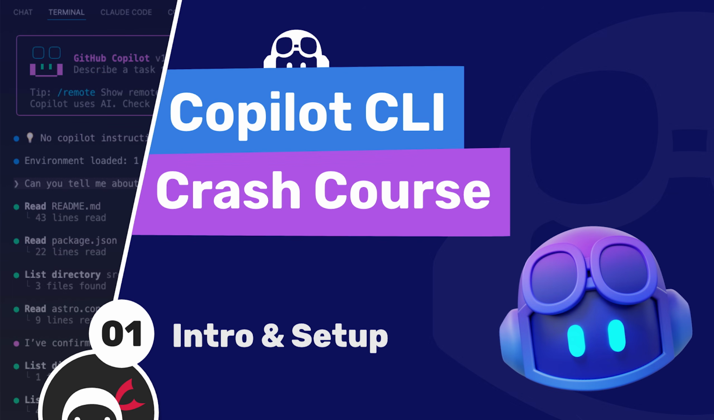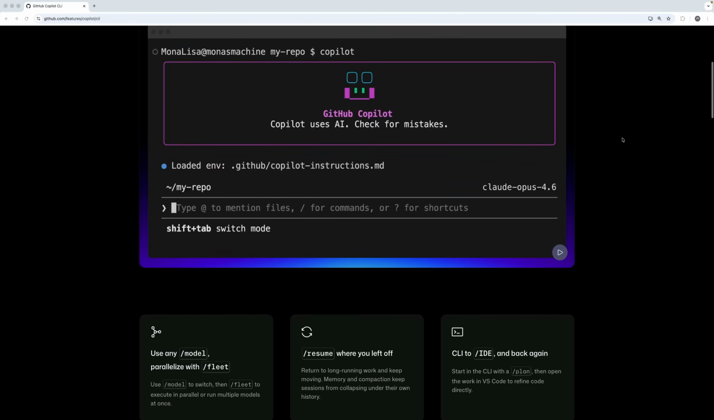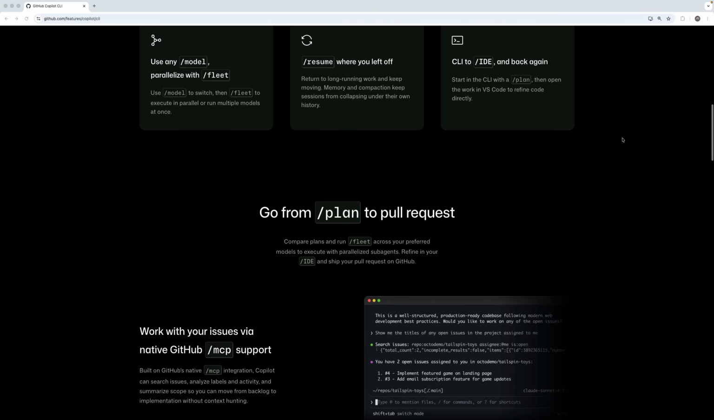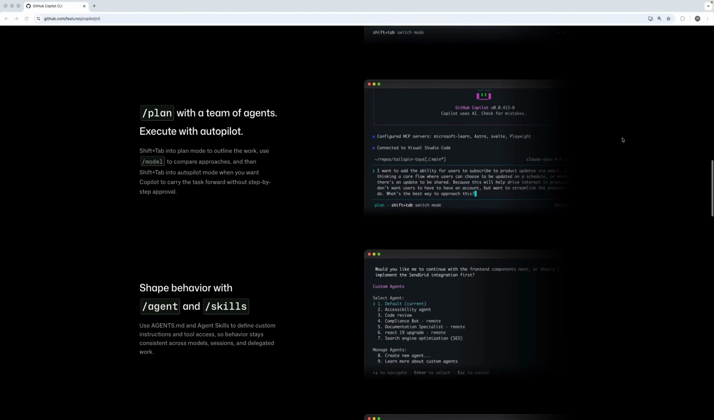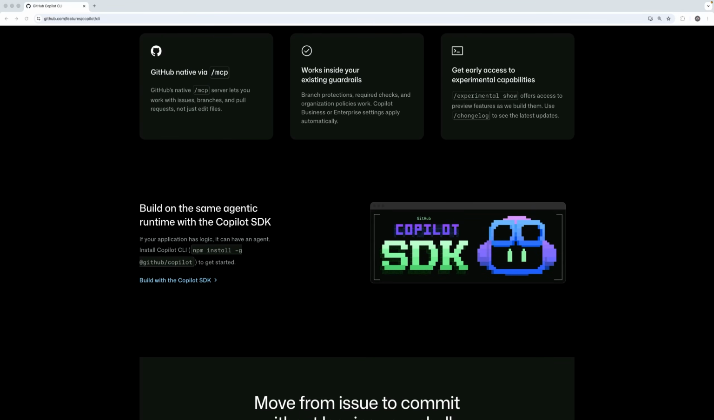Okay then, my friends, in this series we're going to be exploring the Copilot CLI, which is an agentic coding tool, meaning it generates code by using AI models, and it's not too dissimilar to something like Claude Code in that it runs entirely in the terminal. So it doesn't matter which editor or environment you're using, as long as you have a terminal you can start